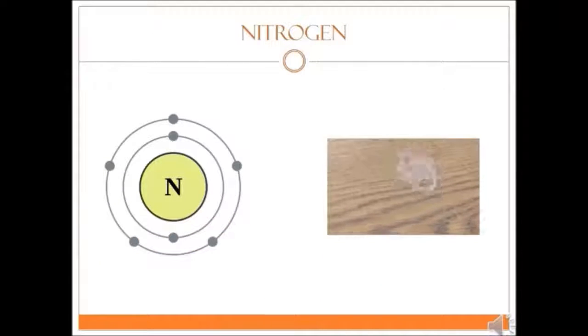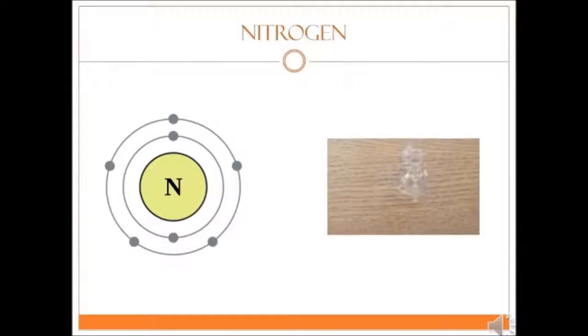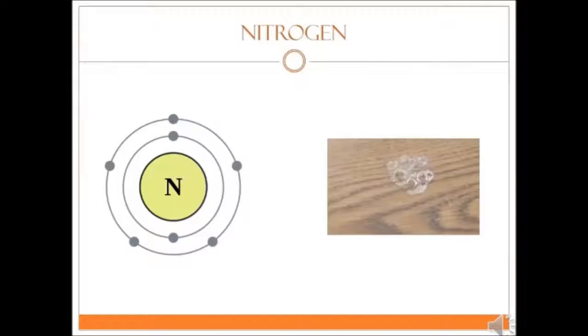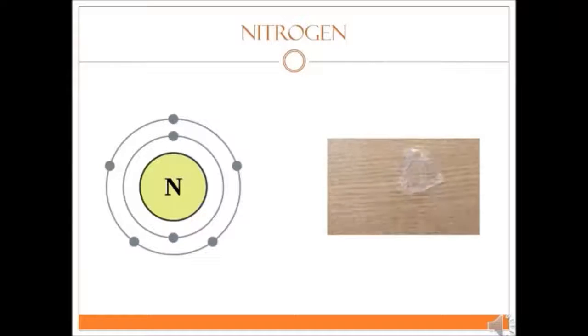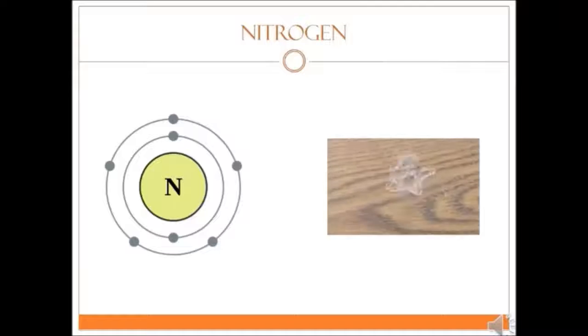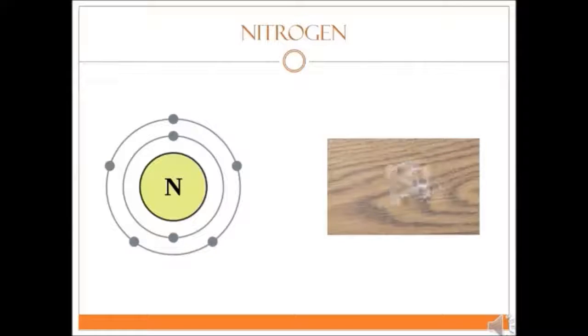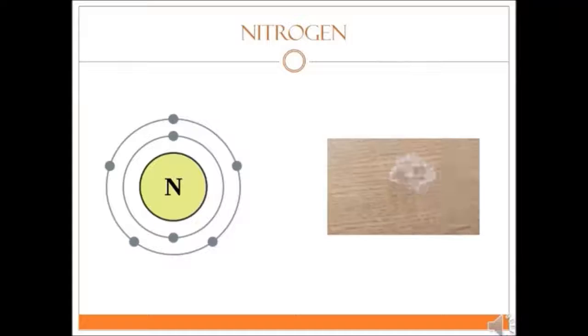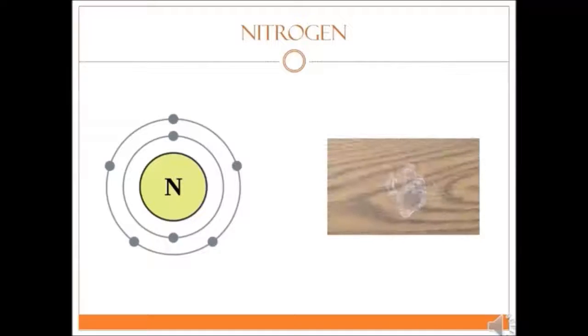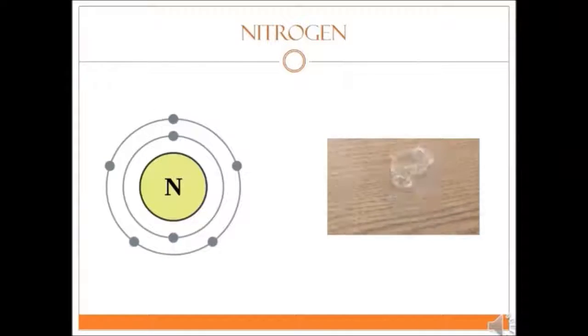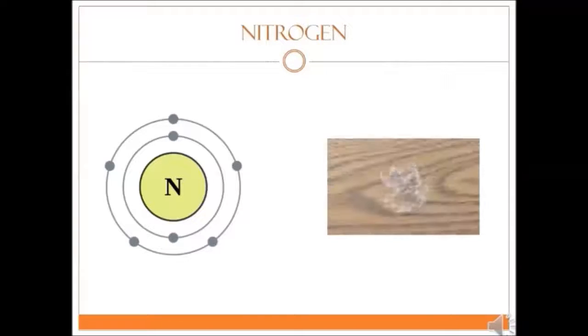78% of our atmosphere is nitrogen gas, but this gas cannot be directly taken in by living things. It has to be transformed into a new molecule in order to be taken into living things and go through the biotic part of the nitrogen cycle with the bacteria's help.